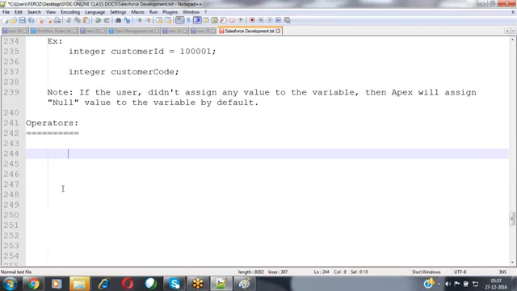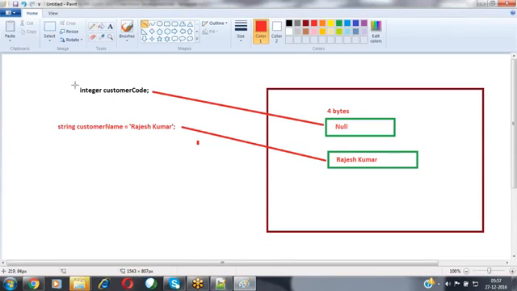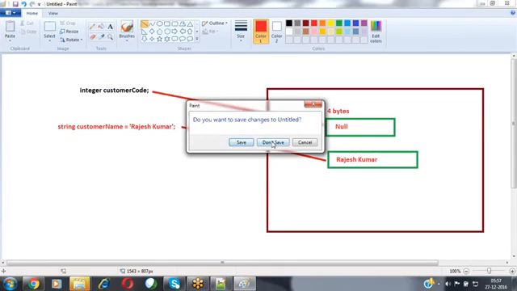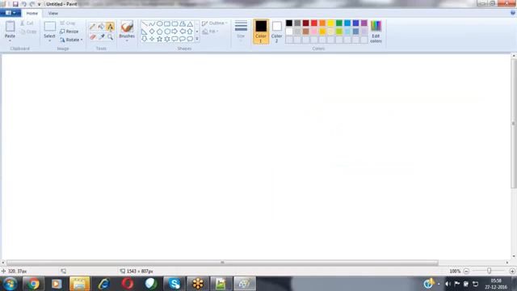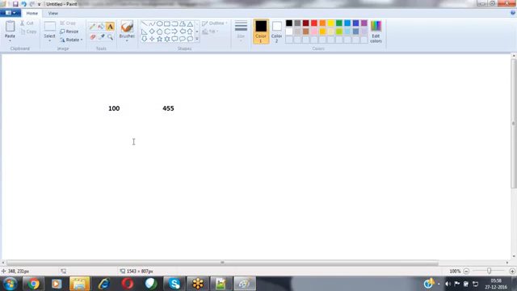For example, I have two values. One is 100, the second one is 455. Two values are available here.